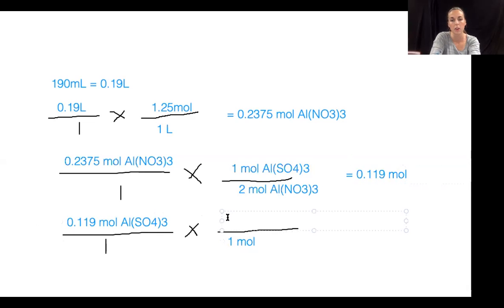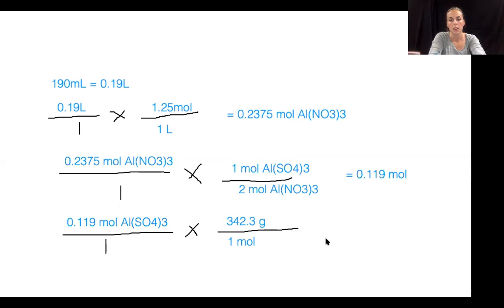We're finding out how many grams are in 1 mole of aluminum sulfate. If you were to look at the periodic table, you're going to do the mass of aluminum plus the mass of sulfur times 3, the mass of oxygen times 12, because we have 4 times 3 here, and add all that up. And if you do all that in your calculator, which I'm not going to waste time doing, you'll get 342.3